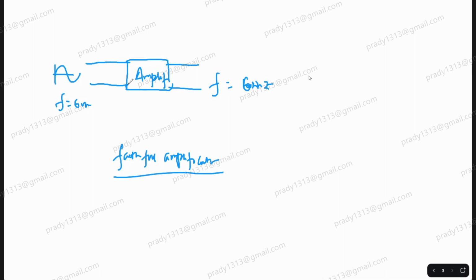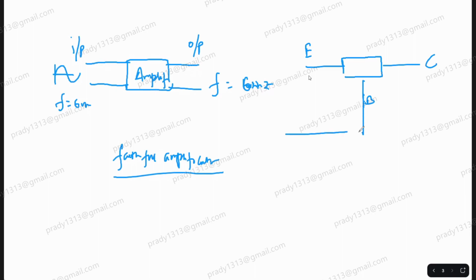So to do amplification, you need 4 terminals. This is called the input port. This is called the output port. Each port should have 2 terminals. But a BJT has how many terminals? 3. So one terminal has to act as a common terminal. You have emitter, base and collector. So the base terminal can act as a common terminal. Possible? You give input from here